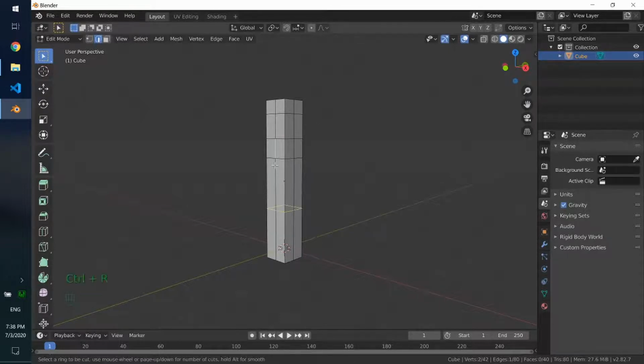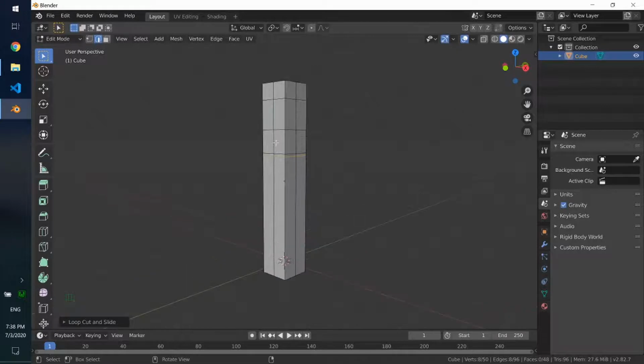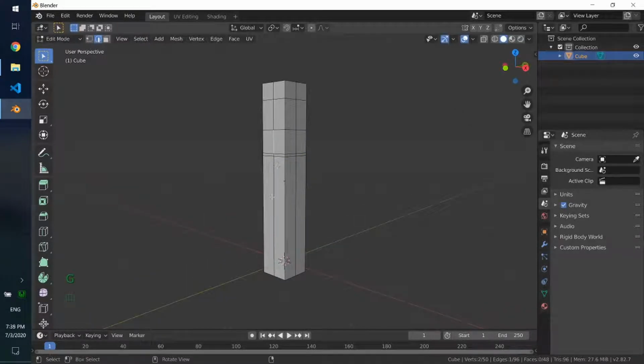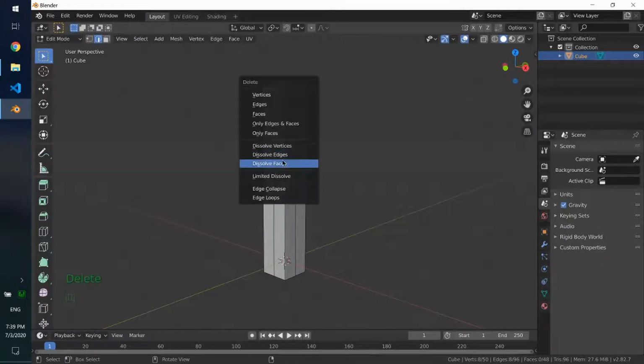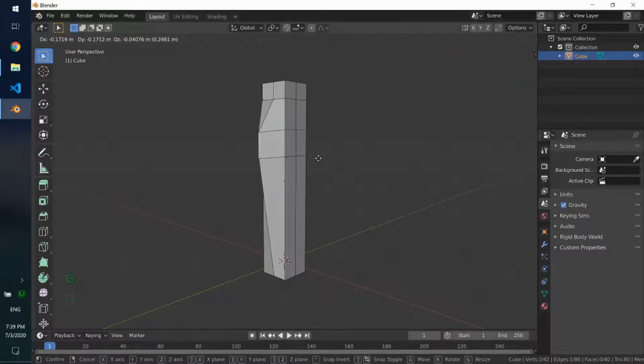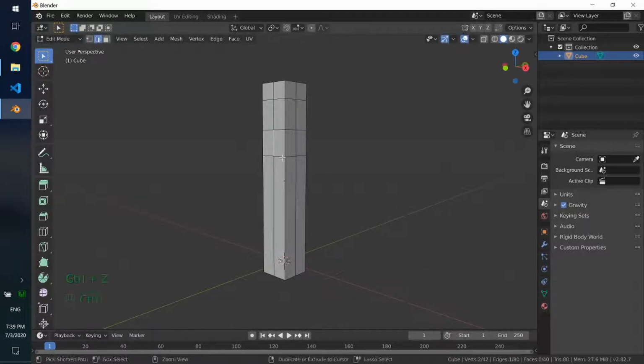That's why I'm going to use an edge loop to separate things, so that if I move this part, it doesn't change. If there was no edge loop, this part would move as well. So undo, and now let's select our